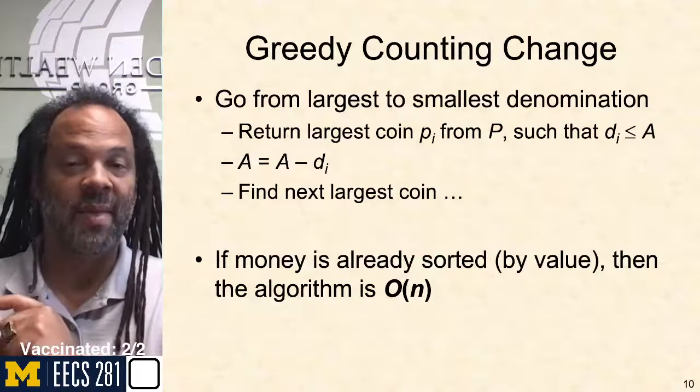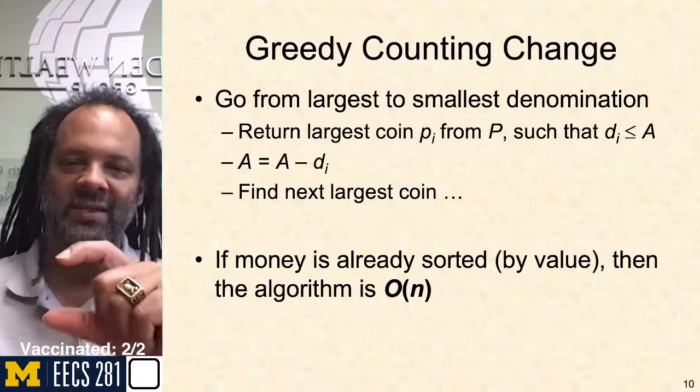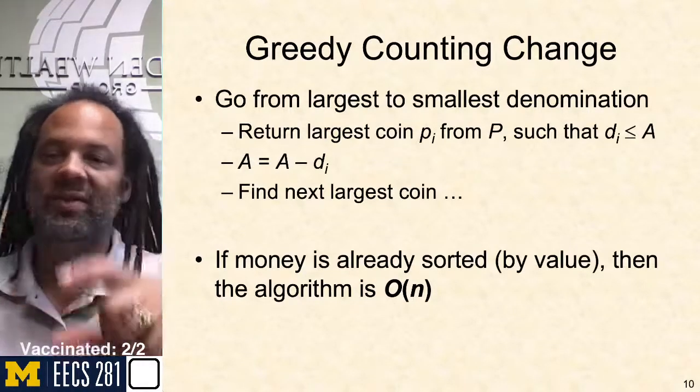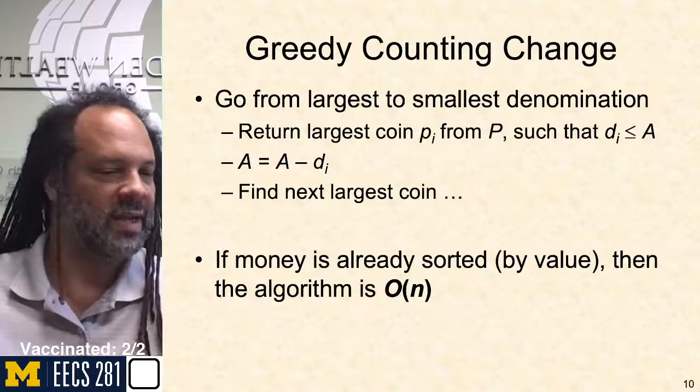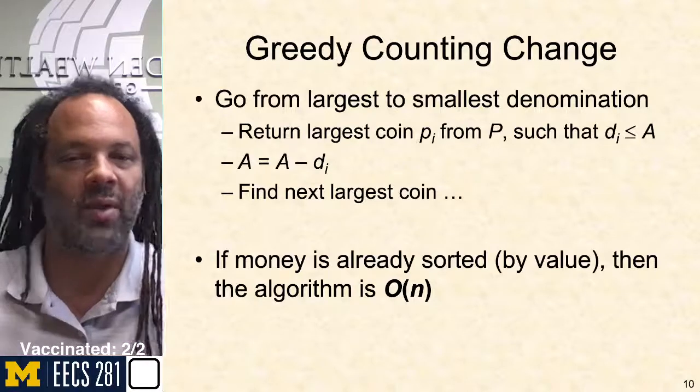Well, since I'm starting from the bigs, if it's not too much money, I'm going to give it to you. Then I'm going to move to the next coin. Is this coin too much money? Well, if it's not, I'm going to give it to you. If it is too much, then I move on to the next coin. So every coin is given that thumbs up or thumbs down choice, but I only have to look at each